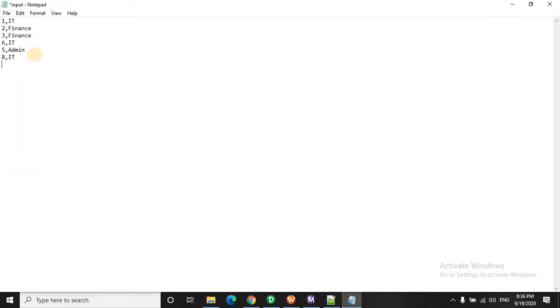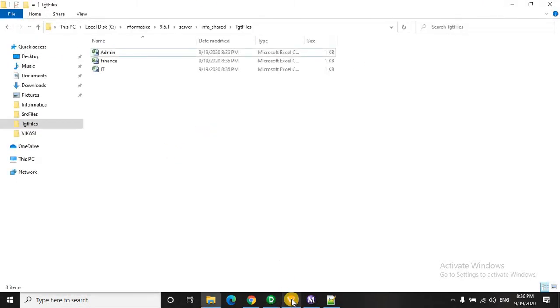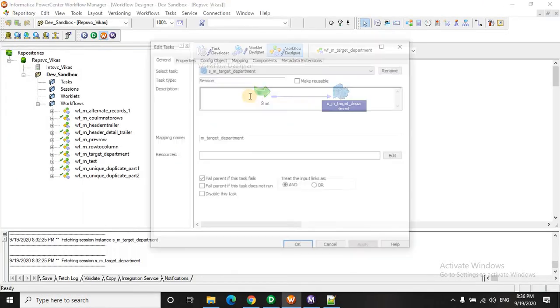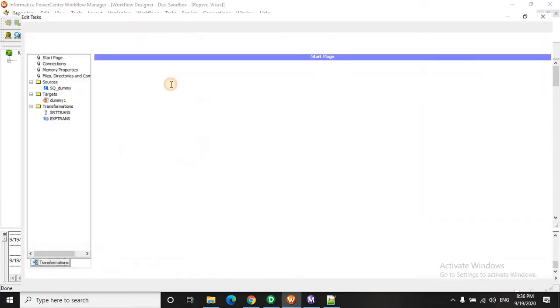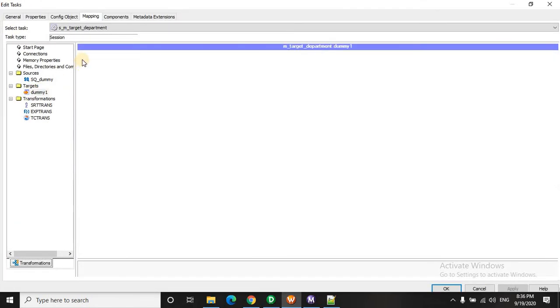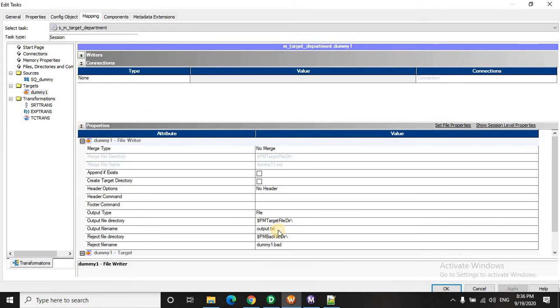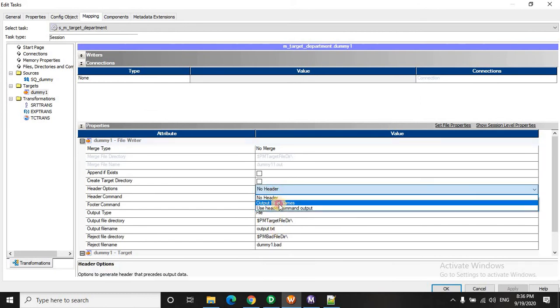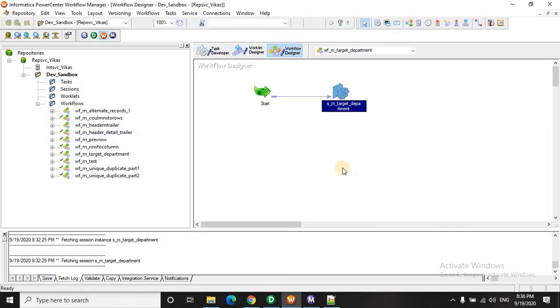Let's add one more department. Suppose we write as 4 and we give this as HR. Let's save this. Our source, our target files are not having the header. So we will include the header and it will take the input from the source.